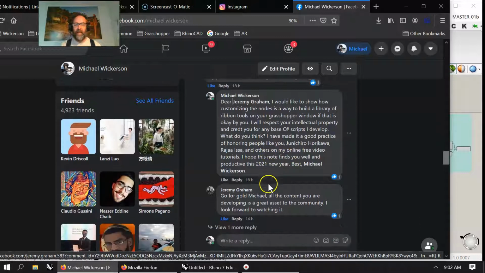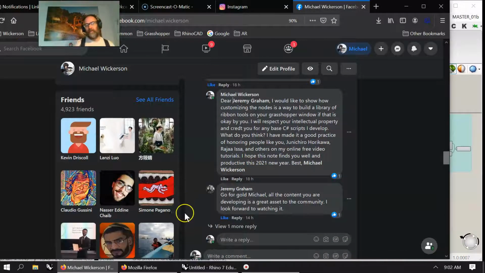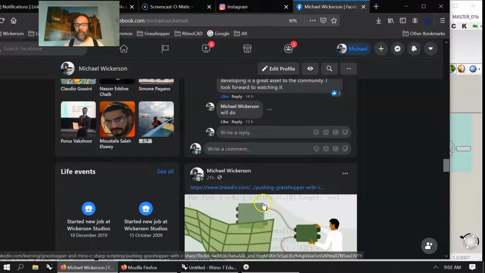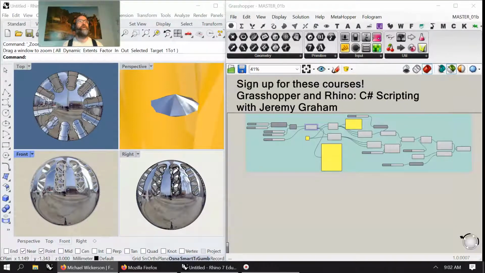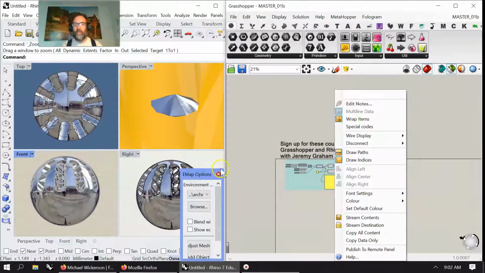I think I'm doing that, as well as I've been looking at the works of Rai Isa, Unichiro Horikawa, Nilafar, who did a bunch of Python scripts for Rhino development as well. And I believe I got back from Jeremy, says go for gold. So that's exactly what I'm going to do. I'm going to basically jump in here, look at his scripts. And what I did yesterday, if you remember,